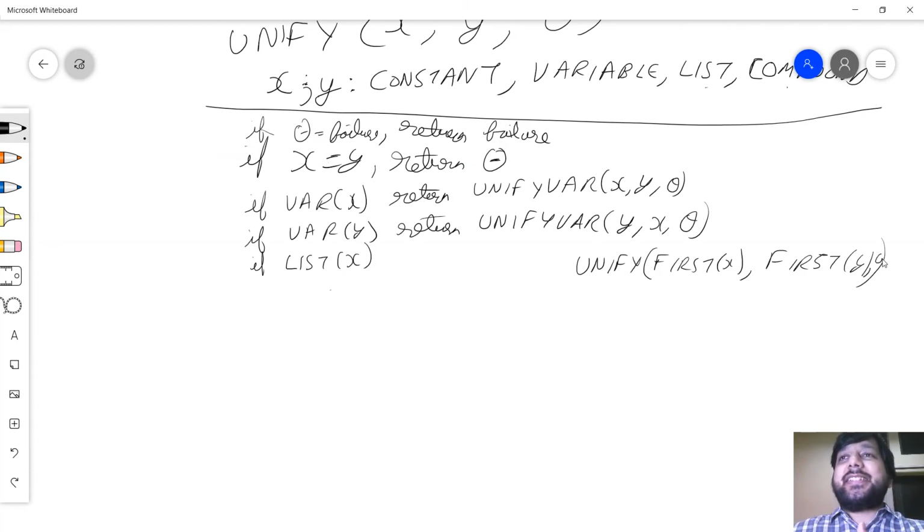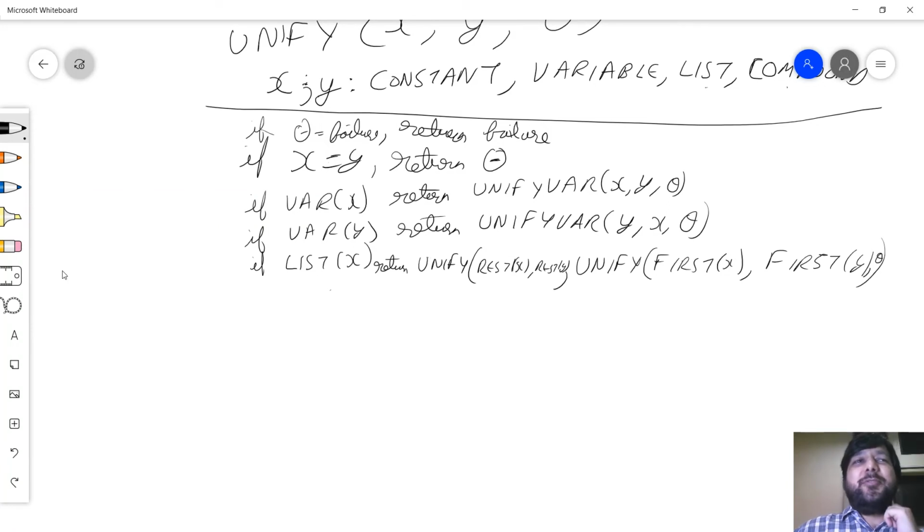Of course, I have made some substitution, I'll have to pass that. The theta that I get as a result of it, that is what I pass to unify everything else. So then I unify rest of X, rest of Y with the substitution.